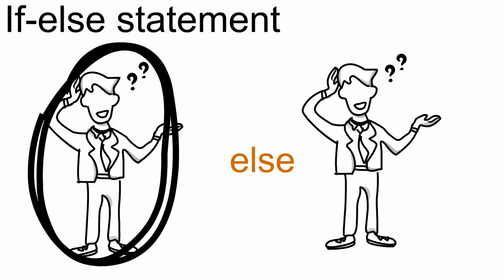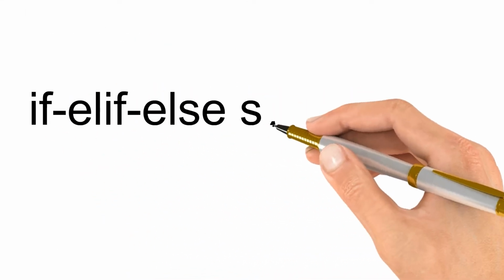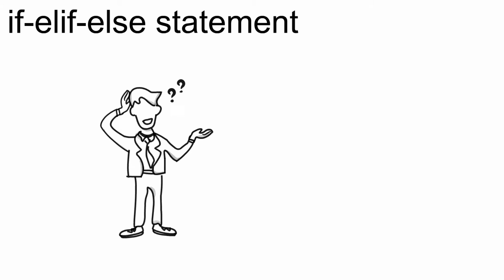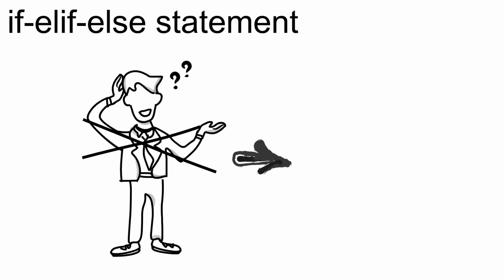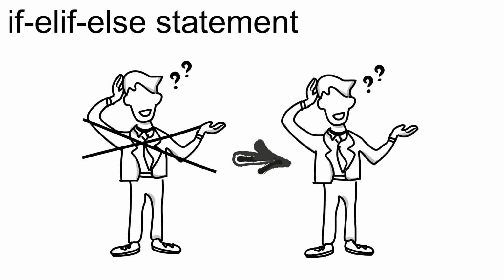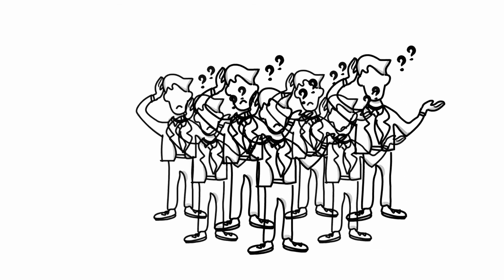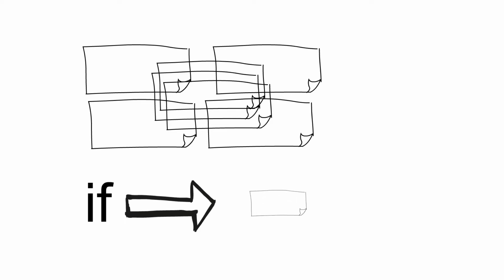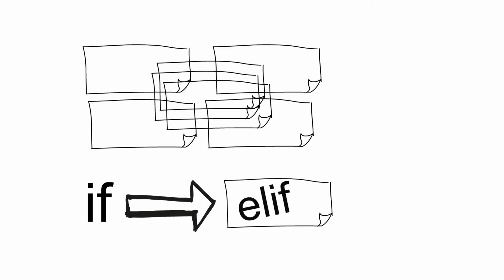So this was it. Next, we will talk about the if-elif-else statement or the if-elif ladder. In an if-else statement, if the first condition is not satisfied, then another statement is used. But this cannot be used in case there are multiple conditional statements to be executed. In this case, if-elif-else is used. This is used when there are more than one conditional statement that will be executed only if their respective conditions are satisfied. It starts with an if condition and the rest of the conditions are passed within elif statements that follow the if statement.